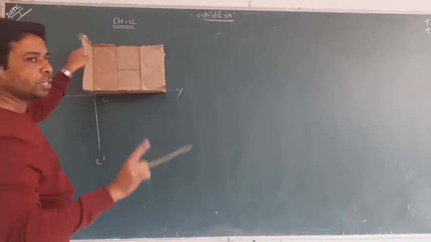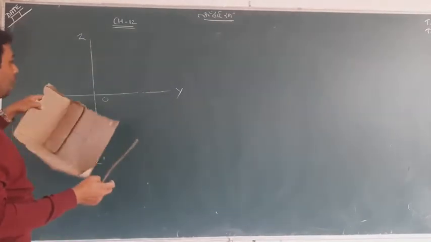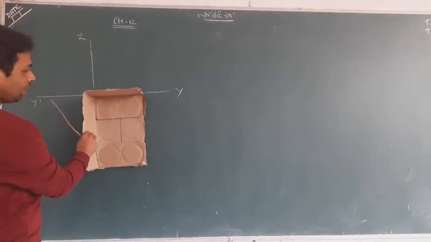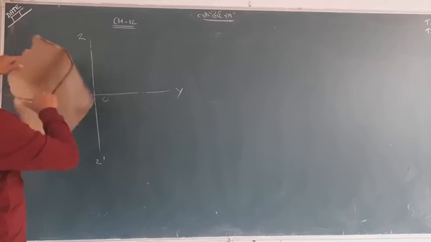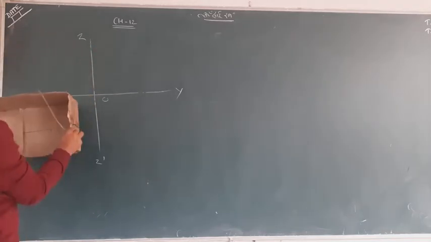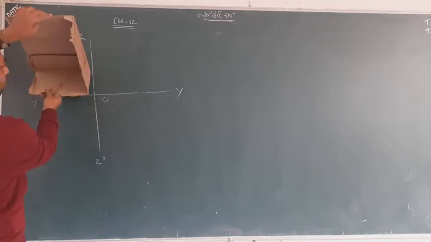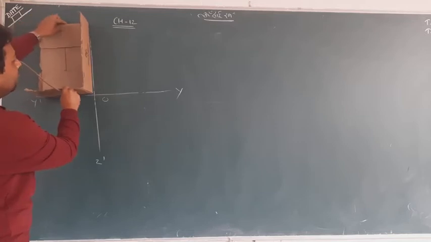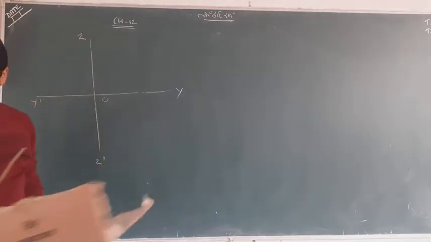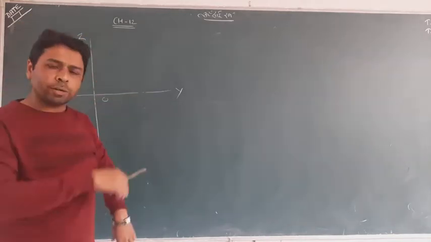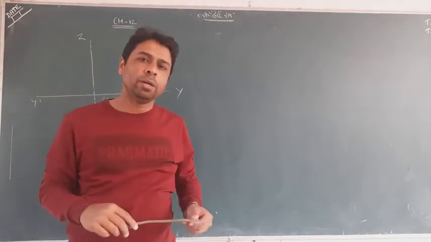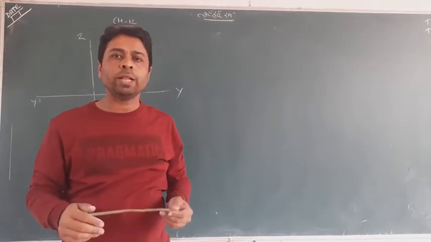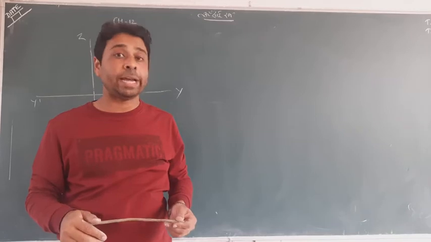It's the first octant. Similarly, we would have different octants, like here the second octant, like the third octant. It's the third octant here, and the fourth octant like that. So we have 4 octants in front of the board, and behind the board we would definitely have 4 more octants. So the total number of octants is 8.